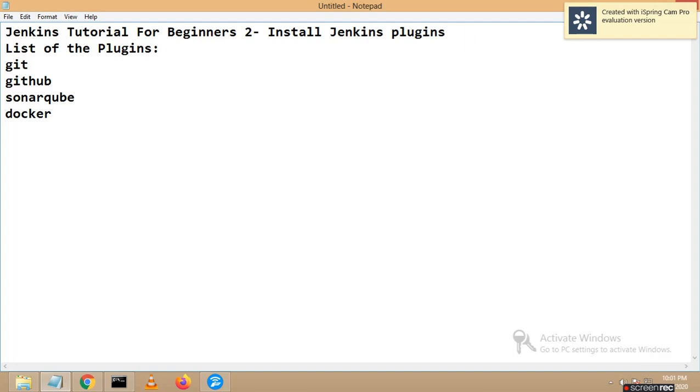Along with this, if we are using AWS, we need to enable AWS related plugins also. It depends totally. And if you want to target any unit test cases, we can use either XUnit or JUnit. As per the business demand and the business request, we can install Git, go with GitHub, or go with SonarQube. It totally depends upon the business requirement.